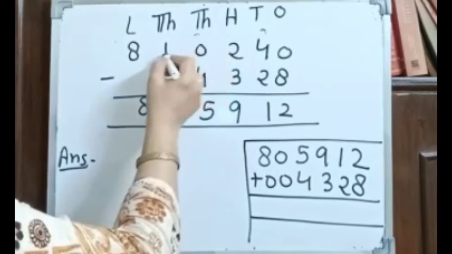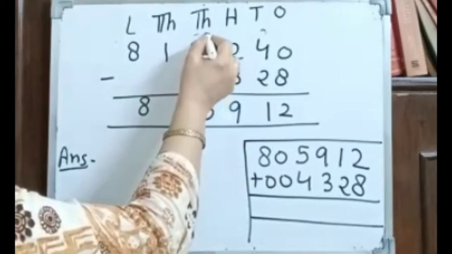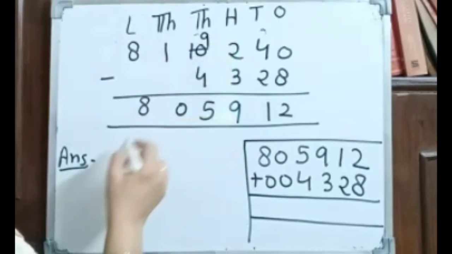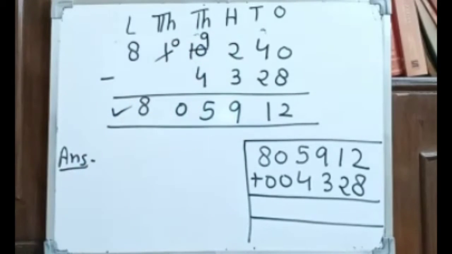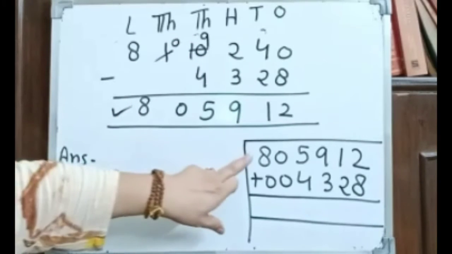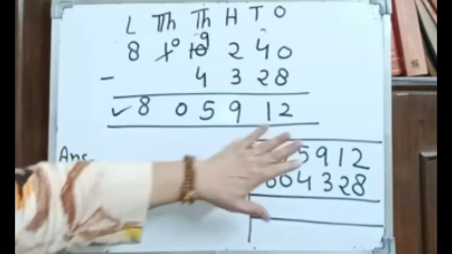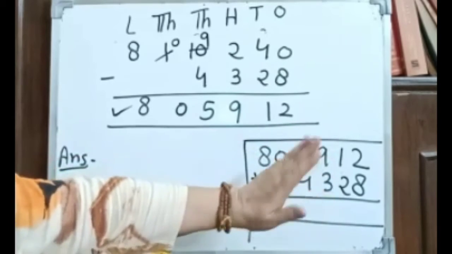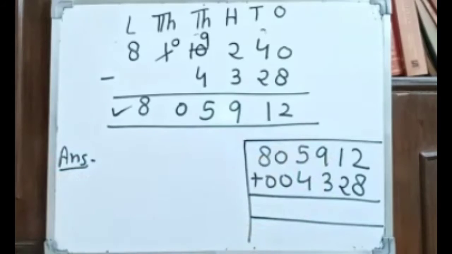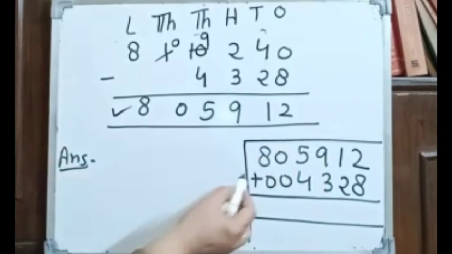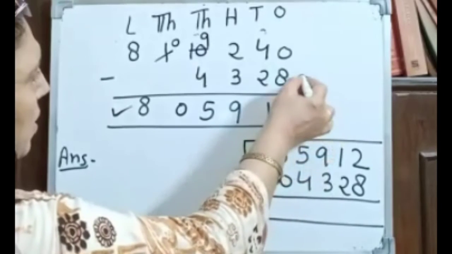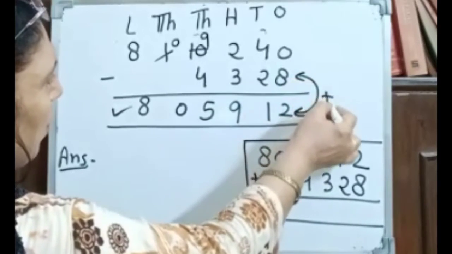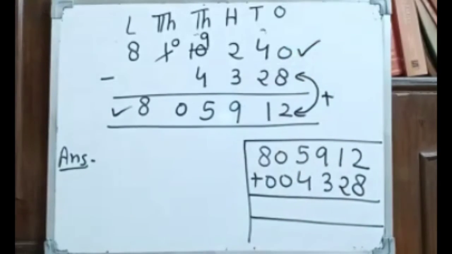Here we have taken 10, so here we have 9. 9 minus 4, 5. Here we have 0. So this is the answer. Before writing your answer, you check it in your rough column. No need to put it in the fair place, as they are not saying to check your answer and write. But this you have to do. This point is a must for you. So now plus this, do it plus, and you will get this much answer.